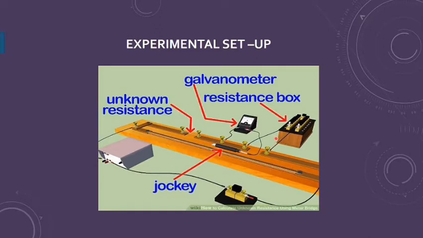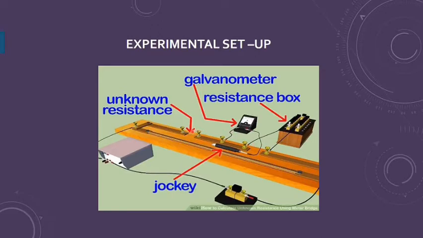And one resistance should be a known resistance, which I will be taking out from this resistance box. In the resistance box, it is like a one-way key we are having, so many keys over here, and the values of the resistances are written along with them. So if I take out one key, it means that much resistance. Like if I take 2 ohm, it means I am introducing 2 ohm resistance here. If I take out 3 ohm, it means I am introducing 3 ohm resistance here.